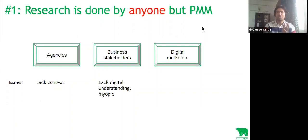The third one is digital marketers. Now, digital marketers are quite equipped and skilled when it comes to digital marketing and technologies. But unfortunately, the problem with the activity is that it is done in silo. Digital marketers may not understand the domain completely, and when keyword research is done in silo, it might hamper the whole keyword research plan. So that's the first mistake. In keyword research, the product marketing manager has to play the central role